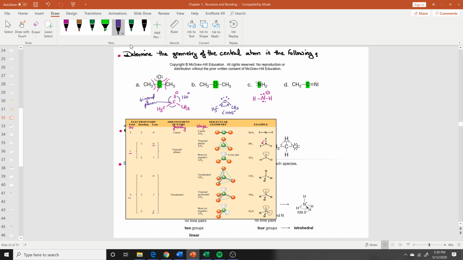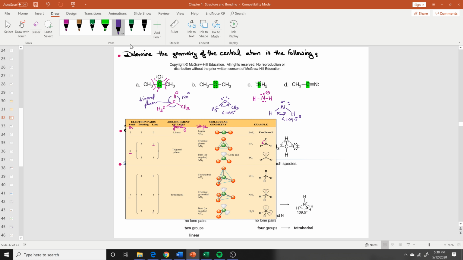For the NH2, again, this is 1, 2, 3, 4. We're doing the same thing. Steric number 4, lone pairs 2. So again, the geometry is tetrahedral around the central atom, and the molecular shape around the central atom is bent. So you draw it exactly the same. This is the bent shape with the two hydrogens forming an angle less than 109.5. And see how I'm drawing my lone pairs. My lone pairs are outside. This is my angle over there, which is less than